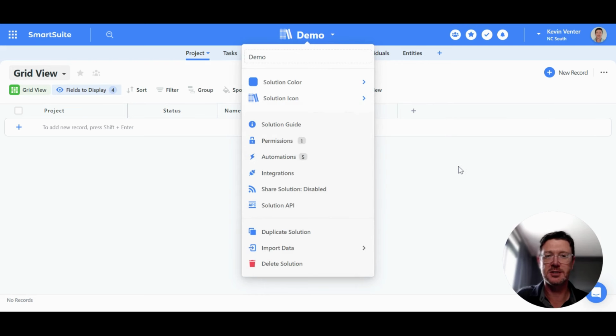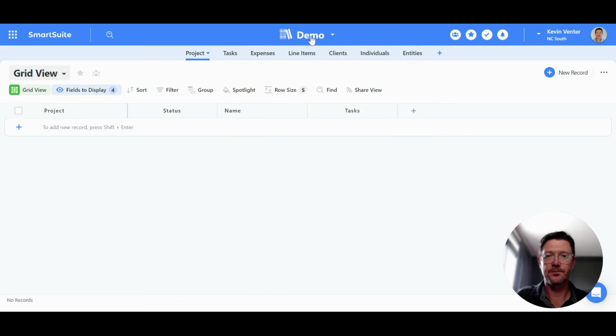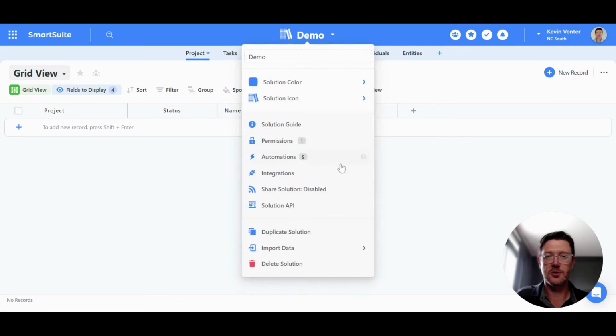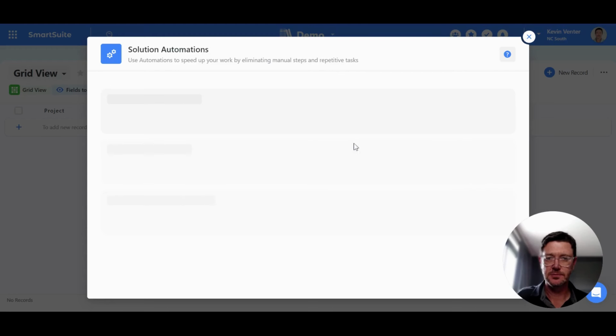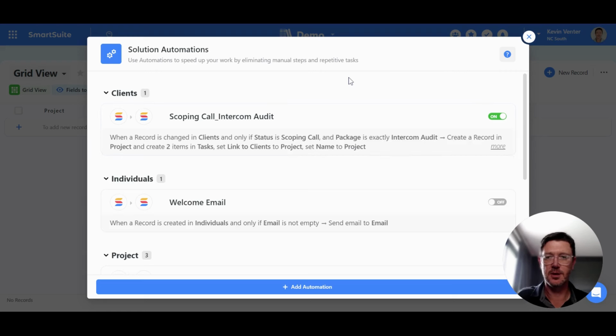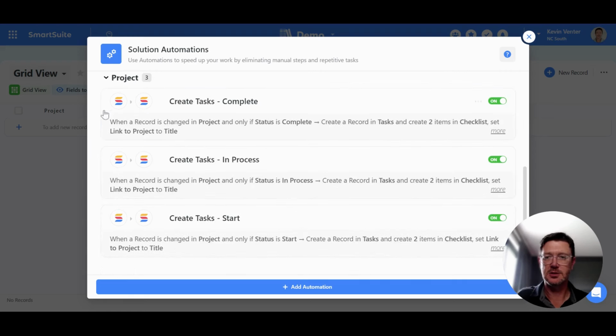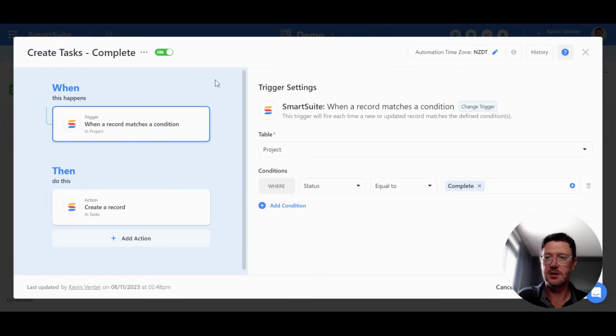So you can access that from the solution. There's a drop-down, automations, where you can set up any automations. So I've created these three. So if we step into one of these, these automations work with a trigger and then an action. So for this one, the trigger is if we have